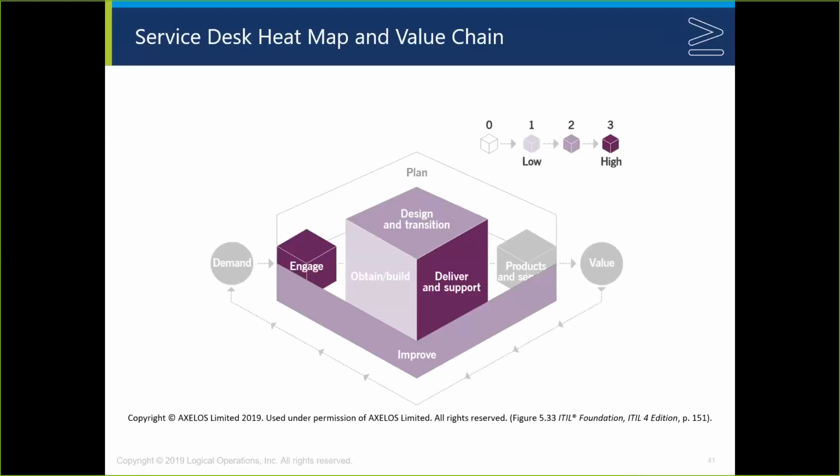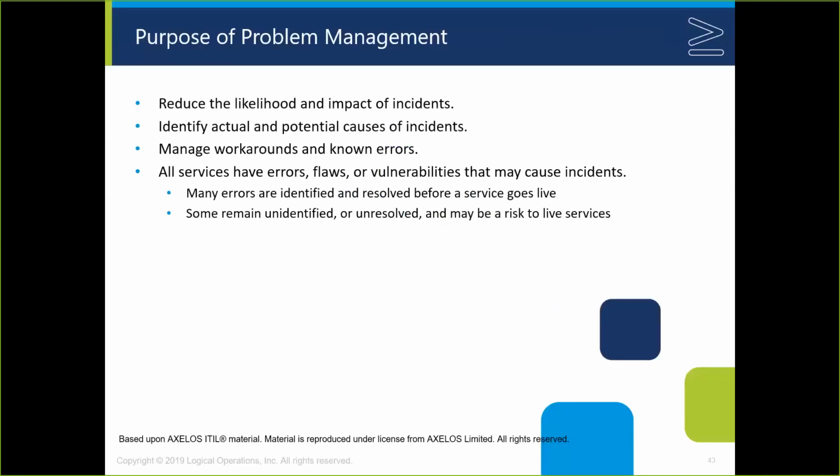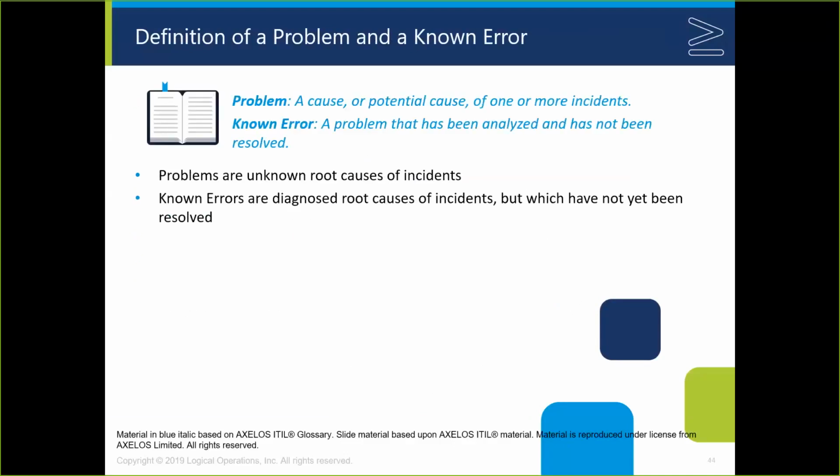Core areas of the heat map here are delivery and support and engagement, right? There's obviously relationships with others as well. And then last, we go into problem management. Problem management looks a lot like we saw in ITIL version 3, 2011. Interestingly, they've actually brought some things from ITIL version 2 back into problem management here to help us identify and get rid of things. So the definition of problem really hasn't changed.